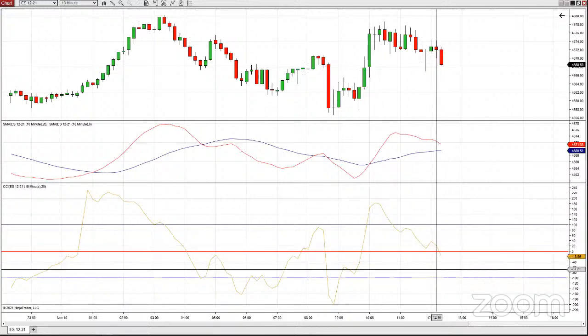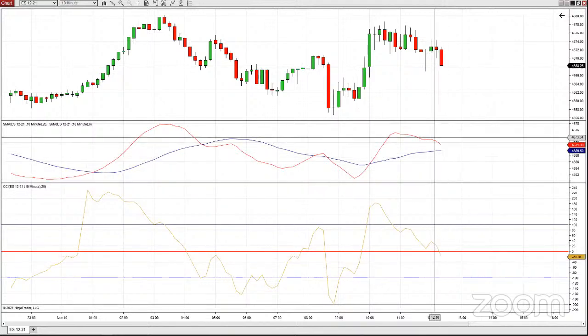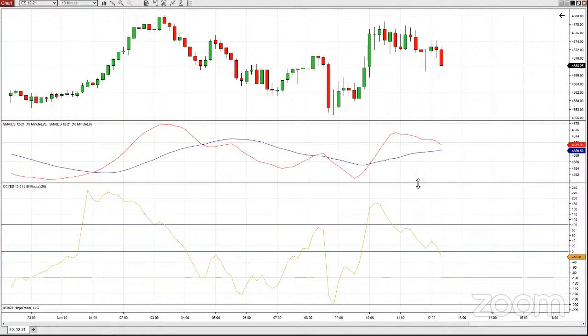Let's take a look at what's happening now. Right now, what this is telling me is, hey, we're crossing below zero. We're only at minus 18.96, not that big of a move yet, but we did cross under. So now I want to start looking. The moving average cross is starting to converge. This could be a signal to go short, right?